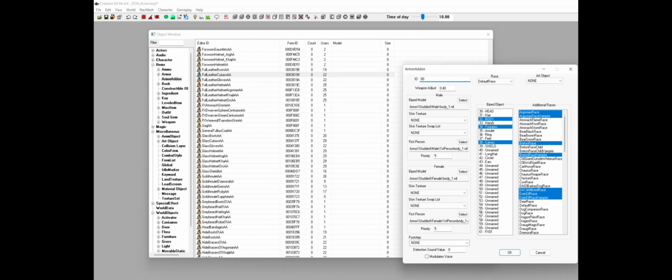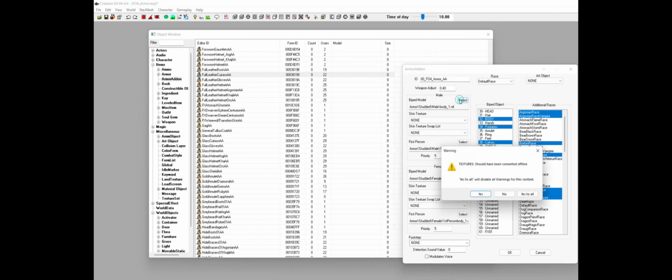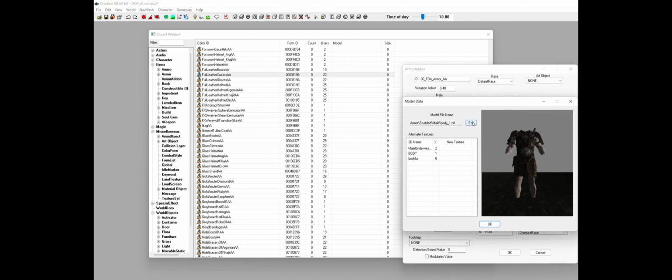Let's call it as usual FO4 armor AA for armor add-on. Next, change the value of the biped model. So the male, I don't need the male because my armor is female only, so I'm just gonna delete that.